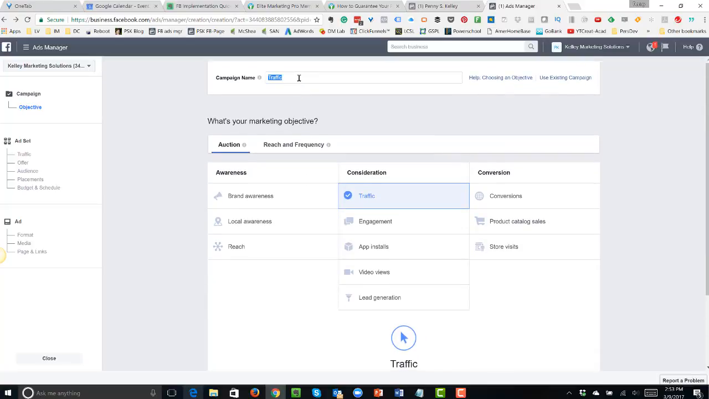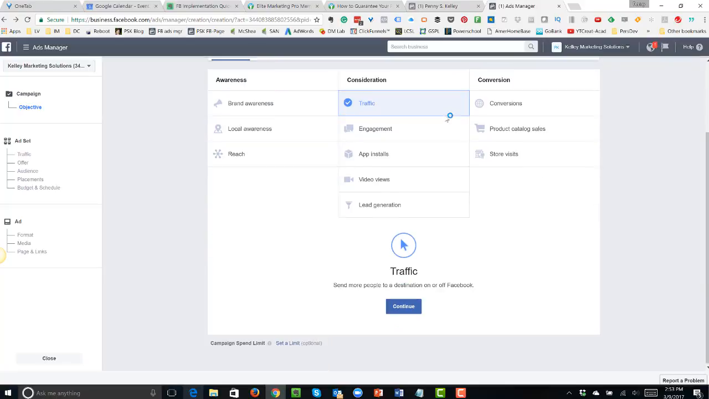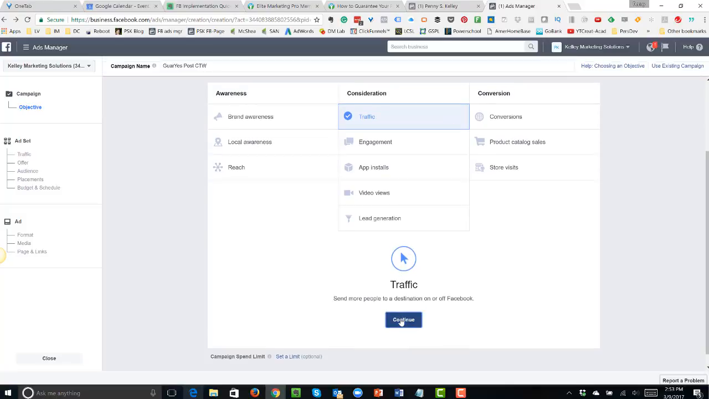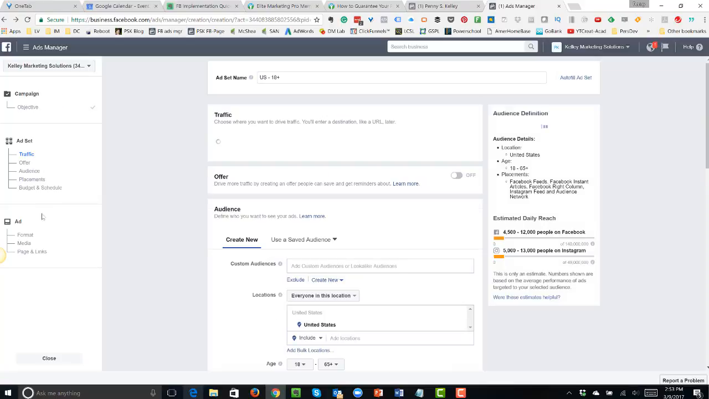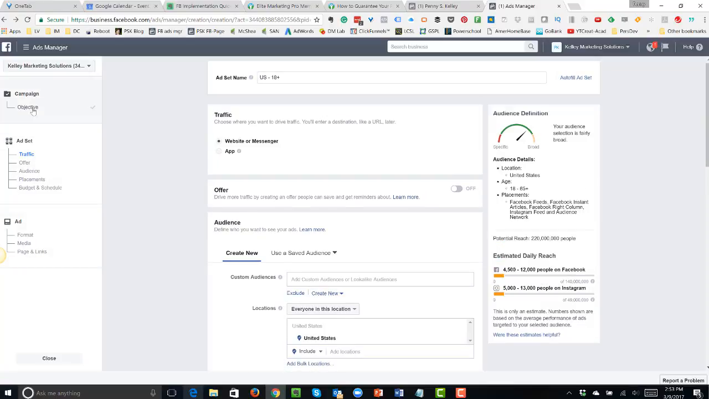So I'm going to name it, this is that guarantee to get a yes post, and we're going to my old-fashioned shorthand of clicks to website, and you're going to continue. And you see in the left, you're kind of working your way through this list. Your campaign is only your objective. That's only we're sending people to this destination. And in the ad set, we do our